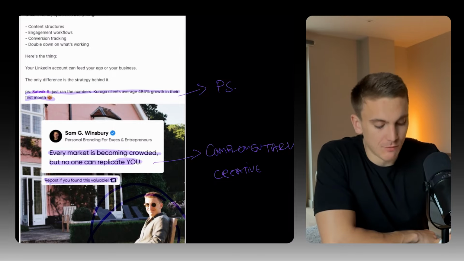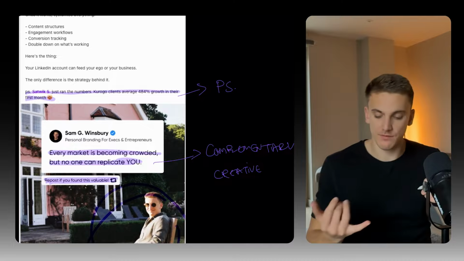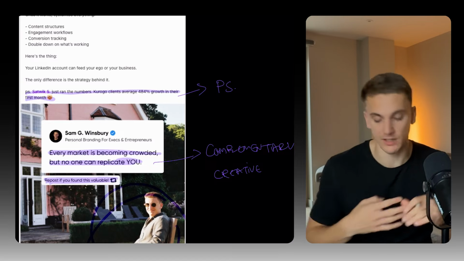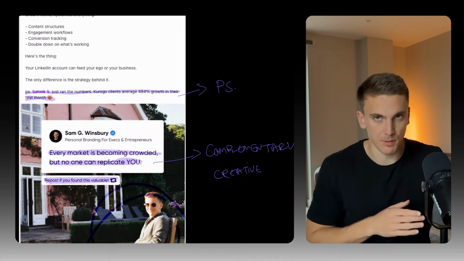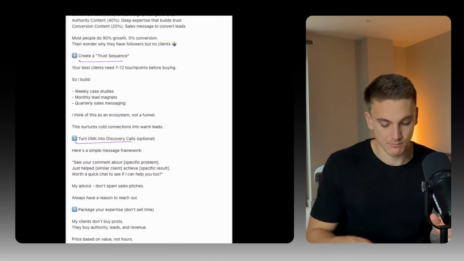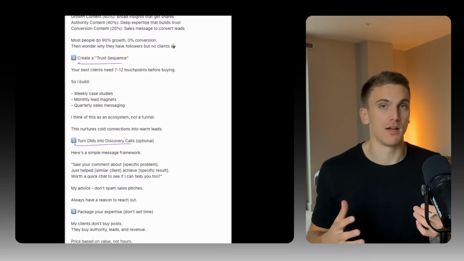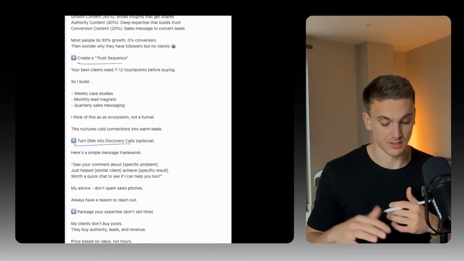But it adds even more value when it's paired with the piece of content. So your creative is going to be an image, it could be a video, it could be a carousel, it could be a graphic, it could be a quote, whatever it is. You want to make sure it supplements the copy, so the text that you actually share. Now here's the thing, someone could read just this copy and they could get value out of this piece of content. Without even seeing the image, they'd get a lot of value out of seeing this content.